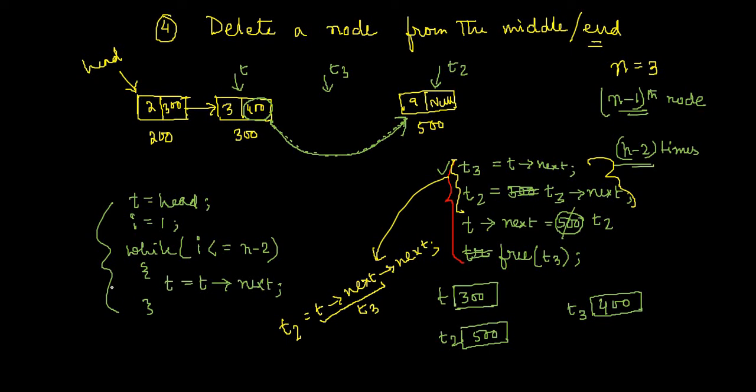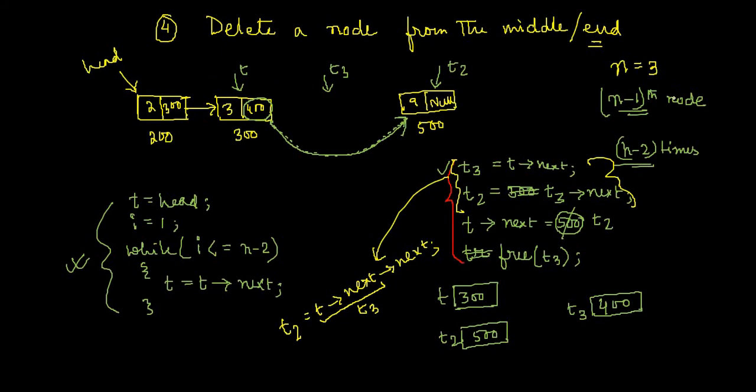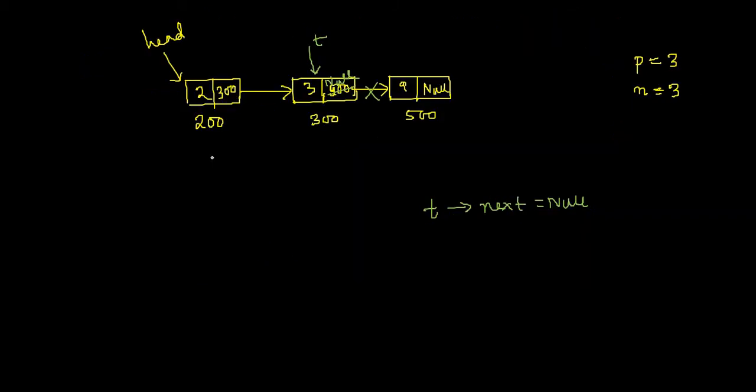So if you apply this set of code in this case also, you will see again I need to reach till here, n is 3. So basically i equal to 1, n is 3, 3 minus 2, that is 1. So 1 lesser than or equal to 1 true, t will be incremented by 1, t will actually traverse 1. T was initially head, right? T was initially here, pointing to head.